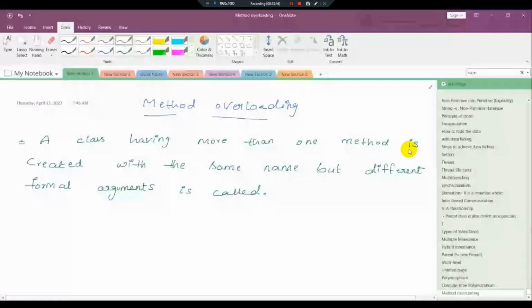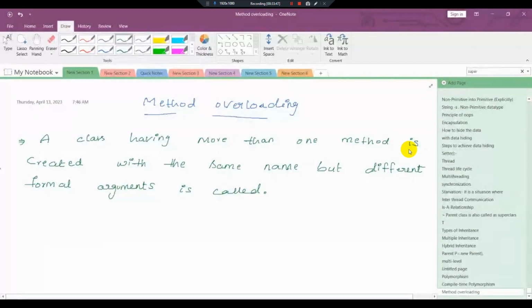Inside a class we create methods with the same name, and we change the formal arguments. By overloading a method, we can create static or non-static methods. Both are applicable here. So for example,